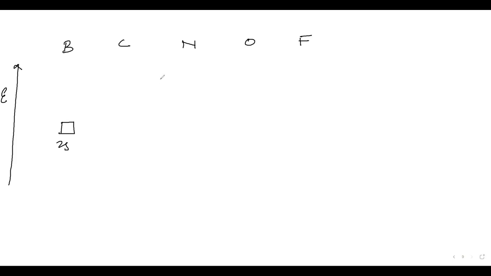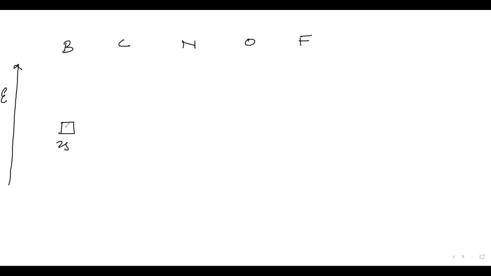I can see if the Z effective is high, then the 2s orbital of carbon will be closer to the nucleus, because it is attracted more. If it is closer to the nucleus, that means it is attracted by the nucleus in more magnitude. If it is attracted with more magnitude, it will be more stable. If it is more stable, then it will have less energy. Okay, got it? Yes, sir.